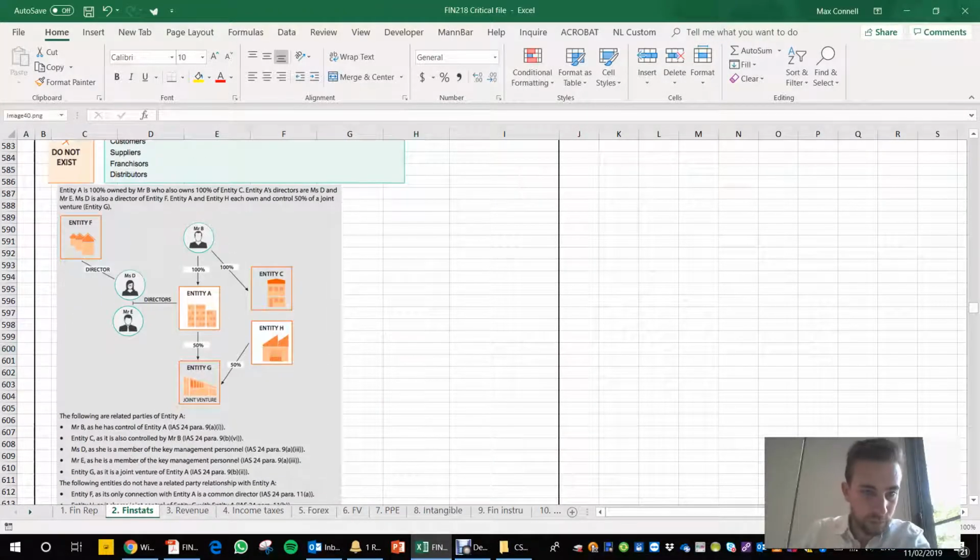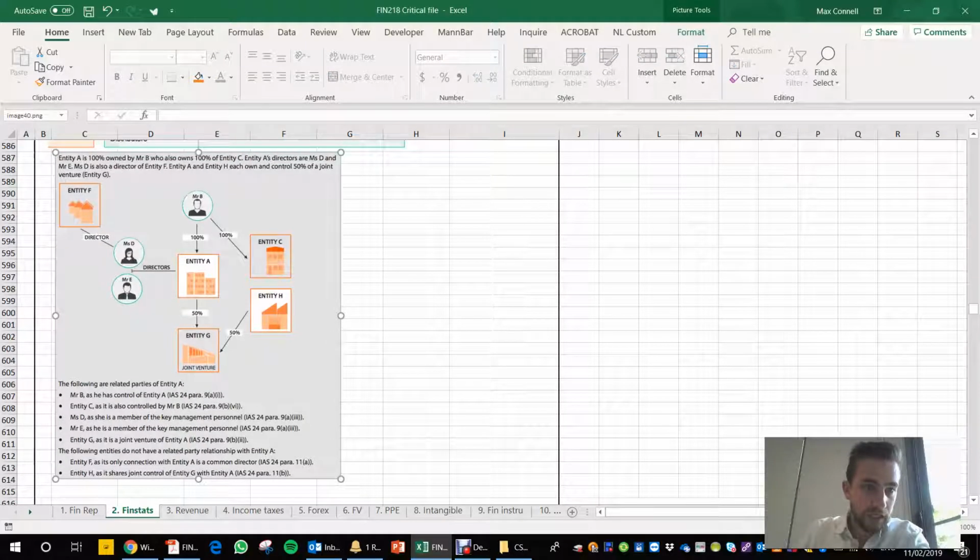Okay, so here's an example. Entity A is this little company here. Entity A is 100% owned by Mr. B, who also owns 100% of entity C. Entity A's directors are Mrs. D and Mrs. E. Mrs. D is also a director of entity F,